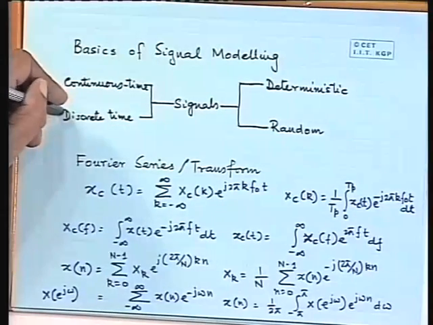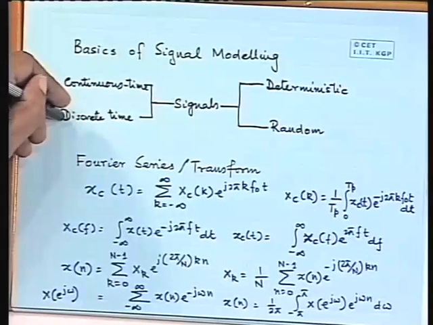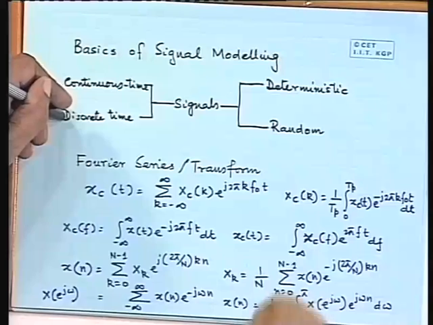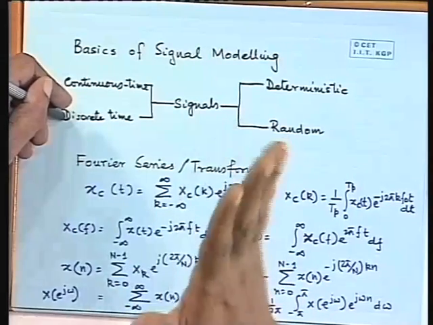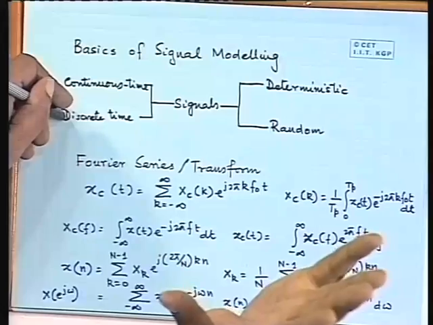So typically speaking, signals are of various types. This is just one classification; you can have various types of classification for signals. For example, these are very important classifications: one is continuous time, another is discrete time. When you are talking of a discrete time signal, you are only given the values at certain points, and you do not at all know the values at the other points, right?